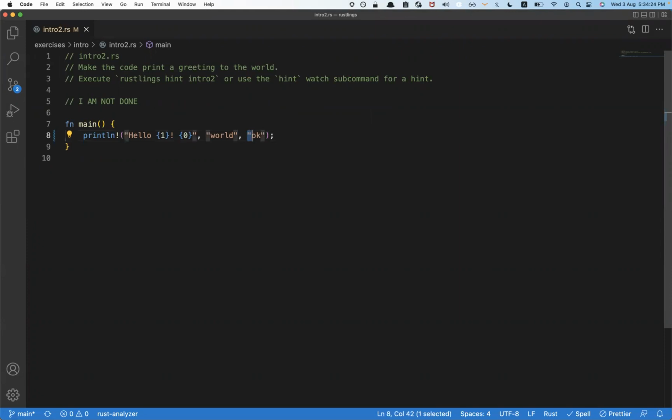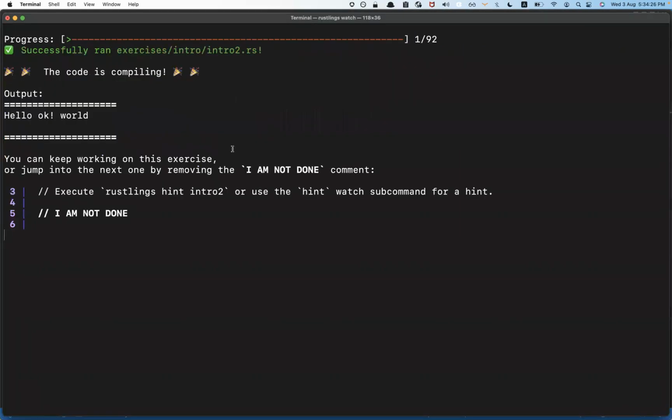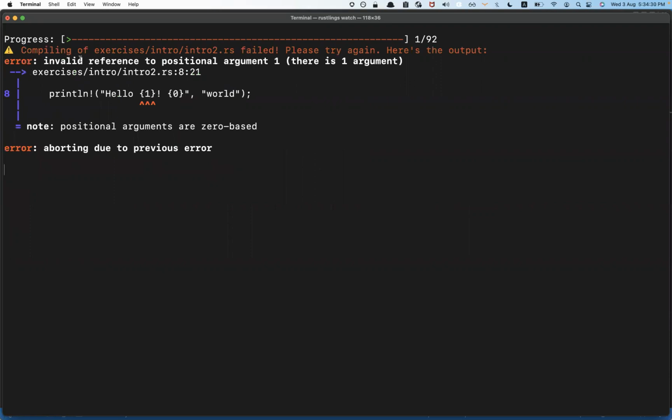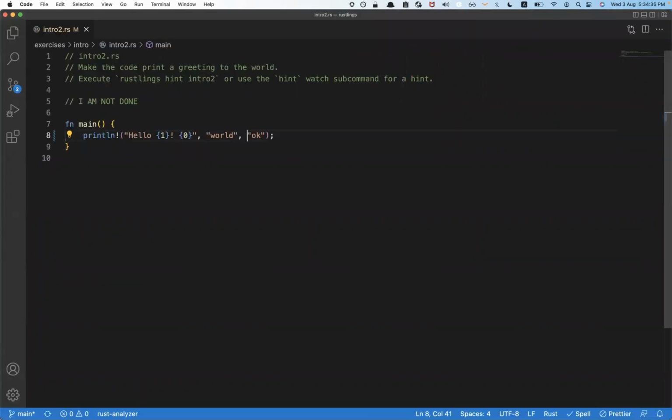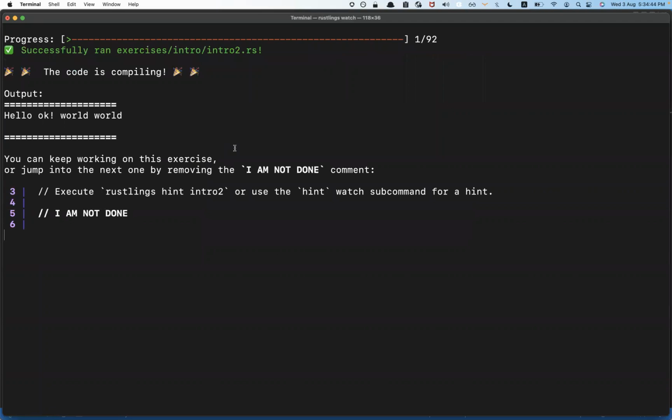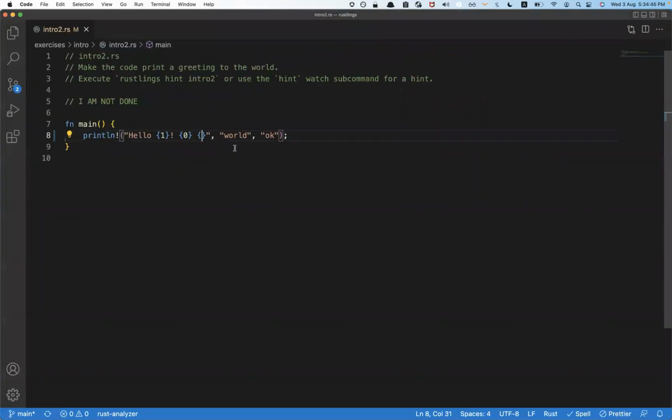And what if I actually say this? Try to reference two things. So invalid reference to positional argument one, there is only one argument, so you can only do 0. Awesome. So what if I actually do one more positional argument? Interesting. So here you can see actually 1, 0, and then